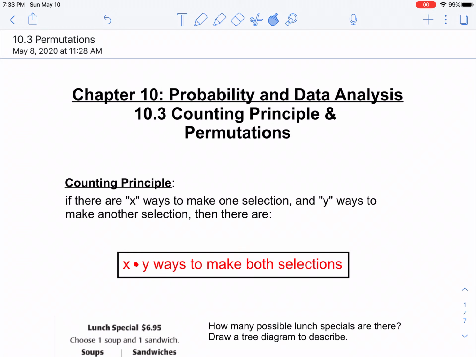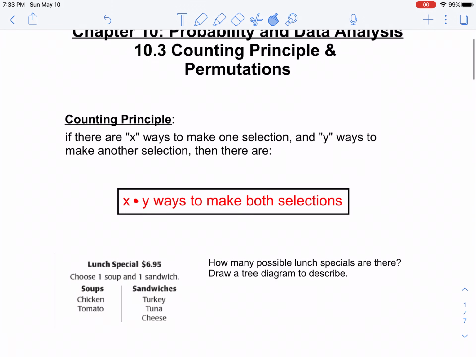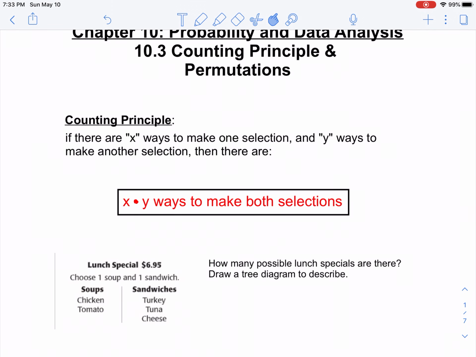All right, everyone, next lesson, 10.3, the counting principle and permutations. Okay, so these are two separate concepts here. Counting principle is the first concept, and then the concept of what are called permutations is the second concept. The counting principle is a way of figuring out how many total outcomes there are when you're making multiple selections